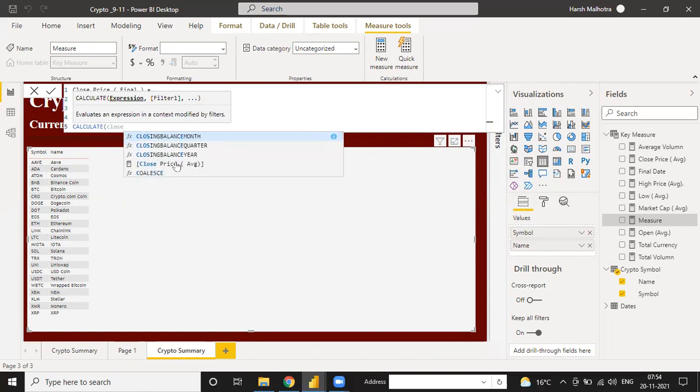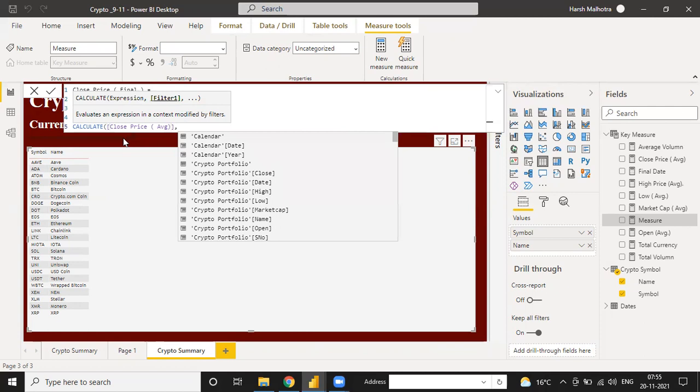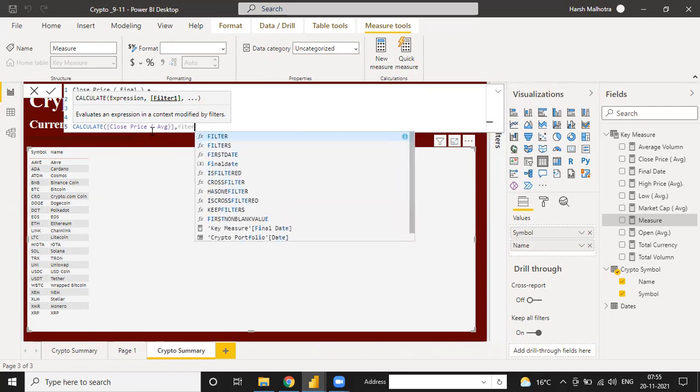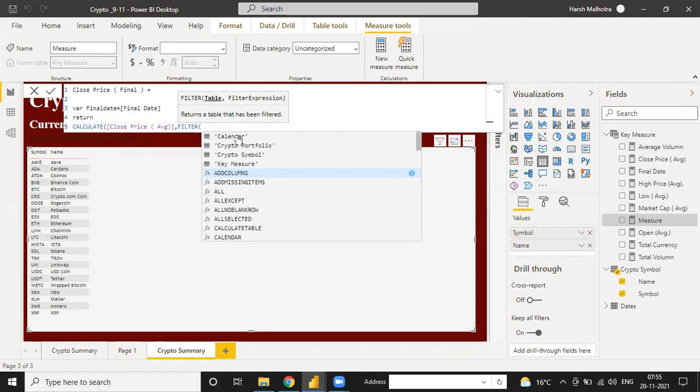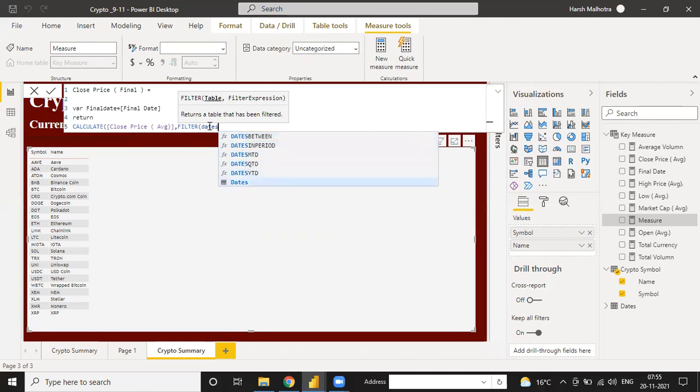We have already calculated this close price average, and now we need this close price on the basis of the last date. So filter it out, okay, and complete table name. See what it is saying, table name. Table name means you have a date table. So select the dates table. This one is your dates table.